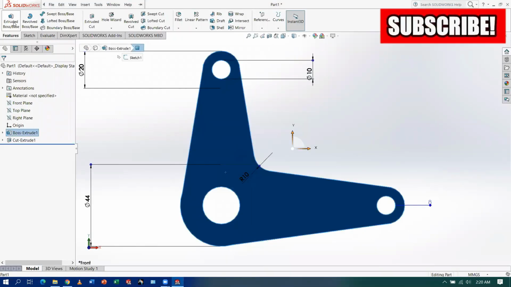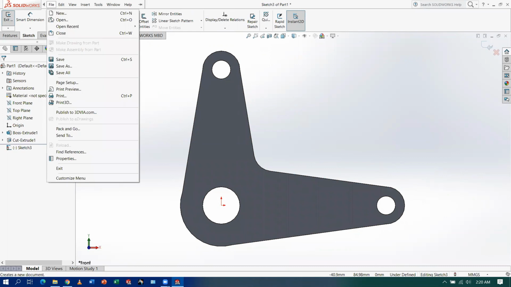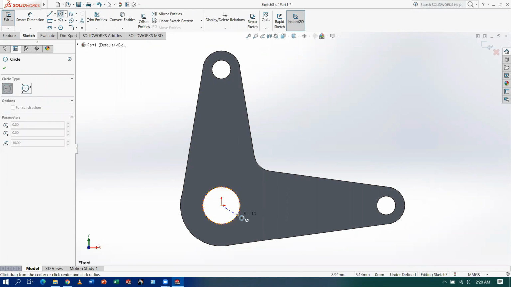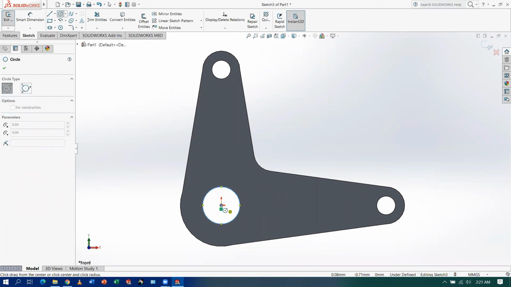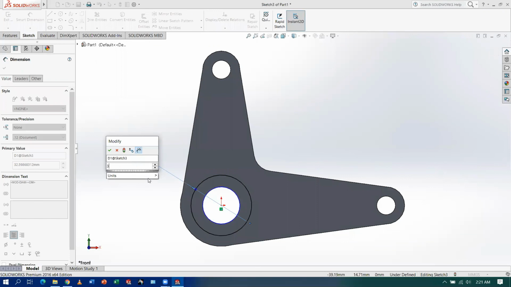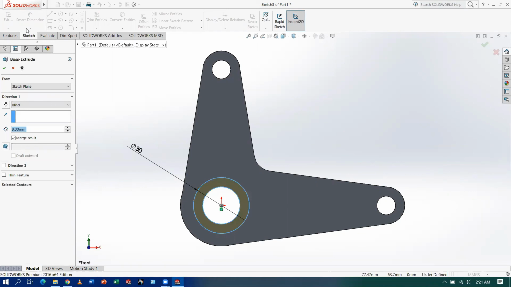Select this surface, go to the extrude, not extrude, go to the sketch. Okay, we are in a dimension of 30 diameter, and create a pad of 12.